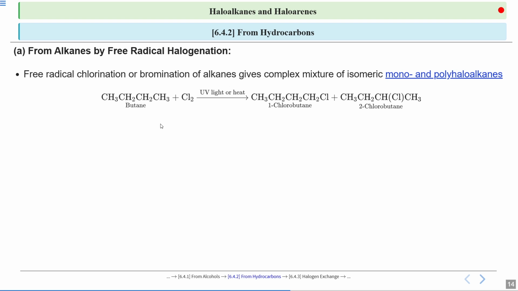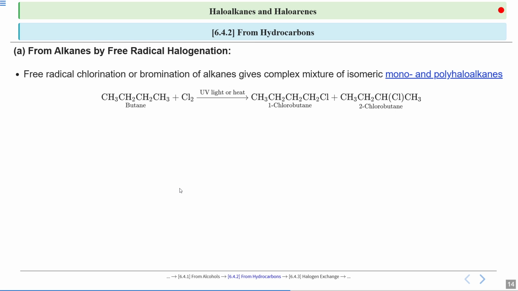So basically free radical halogenation happens in several steps. First of all, you are going to give UV light or heat to the chlorine molecule to convert it into free radicals. You will get two free radicals of chlorine from this. Then the propagation step will happen, where the alkane reacts with one of the chlorine radicals and produces hydrogen chloride plus the alkane free radical. Then that alkane free radical that we just got is going to react with chlorine gas Cl2 again, and you are going to get the alkyl chloride and one chlorine free